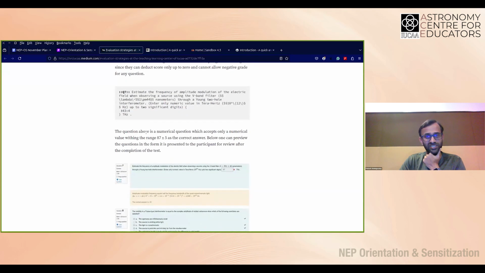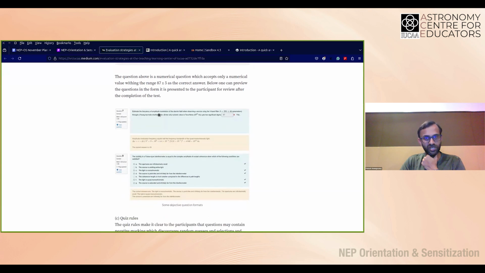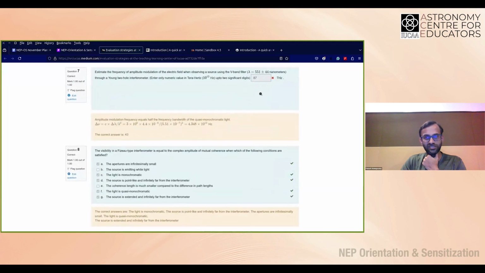It has various other standard formats which are not available in a general form application like Google Forms. It allows for numeric values that can be automatically evaluated. You can give it an answer, but you can set the answer with a certain range for a numerical answer, such as this one, so that as long as the quiz takers give an answer that is close enough, they will get it right.